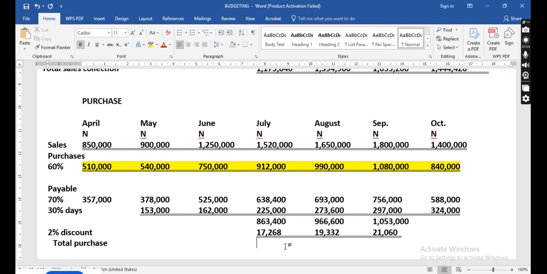We cannot take that of 60% of purchases because it's just 60%, unless we look for the remaining 40%. And if you look for the remaining 40%, it's still going to be sales that we will take. And for payables, you know that of April is in May, that of May is in June. So I don't know, my brain is just...